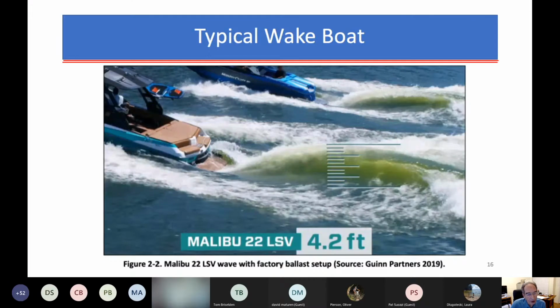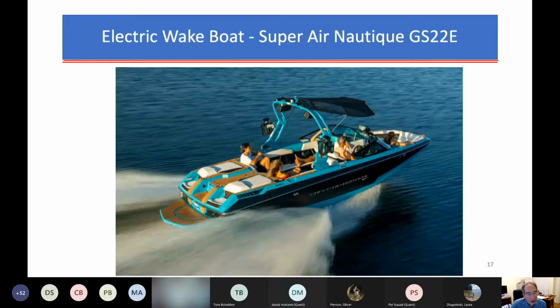Here's a typical wake boat. This is a Malibu 22, and you can see the little scale there that it's created a 4.2 foot wake. Here's the new kid on the block. This is an all electric wake boat, a Super Aeronautique